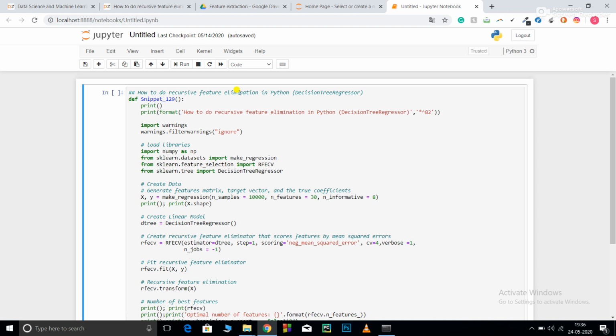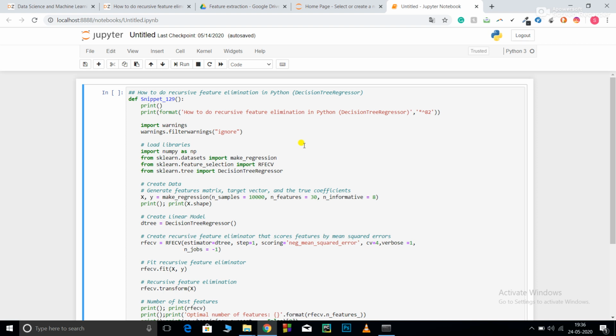PCA, principal component analysis, was one of the methods for reducing the number of features, but it is only a method to reduce the number of features. It doesn't tell us what the number of features should be to get the most optimum result from my model. So in that case, recursive feature elimination comes into play. Over here we are performing recursive feature elimination using cross validation too. I'll explain everything, but first let's get familiar with recursive feature elimination.